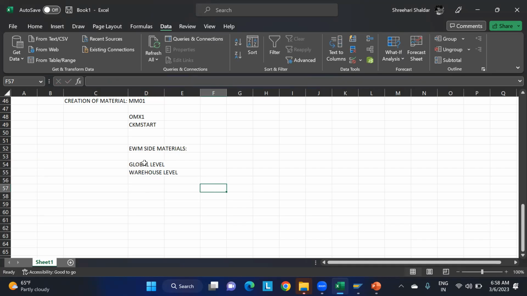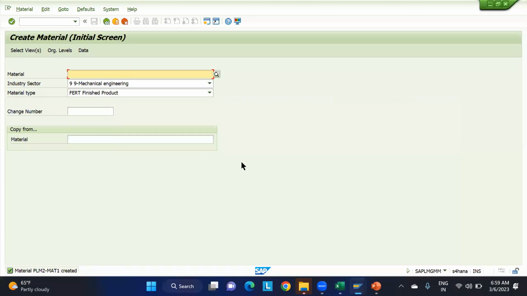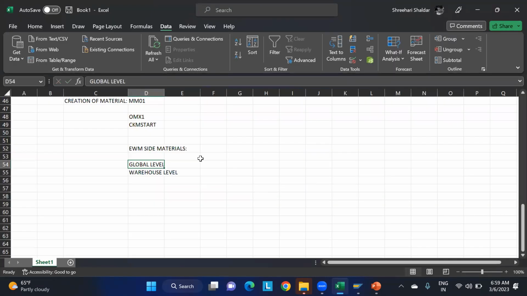As I said, in the embedded system, you don't require the shipping. Now I have to check whether this material is available at the global level or not. How are we going to check it? There is a T code. I will do the T code over here. For the global level, we're going to check it through the